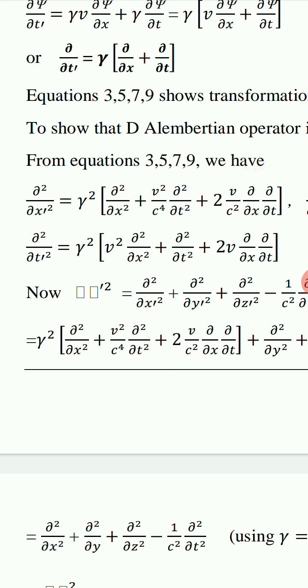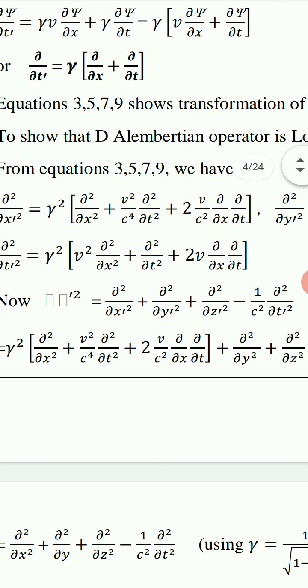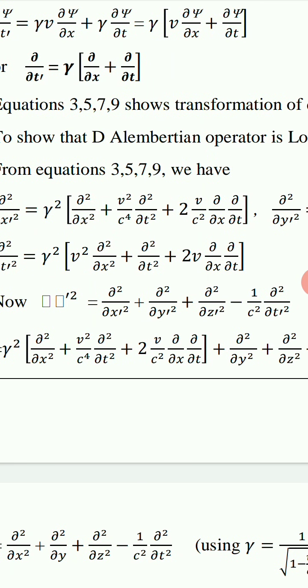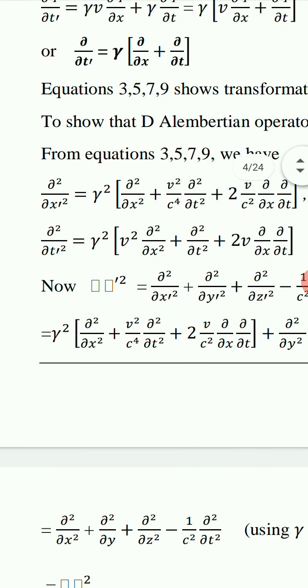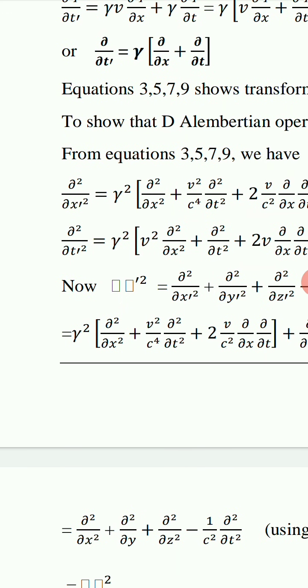By substituting the values of these differential operators, we find that del dash square, the D'Alembertian in S dash frame,